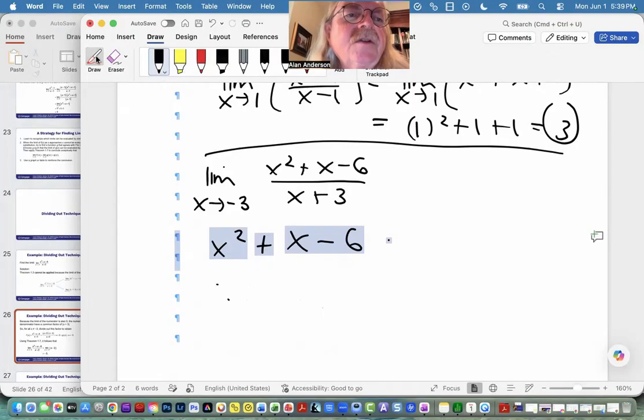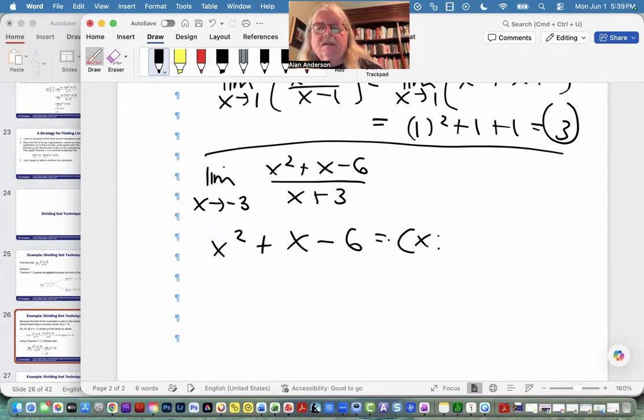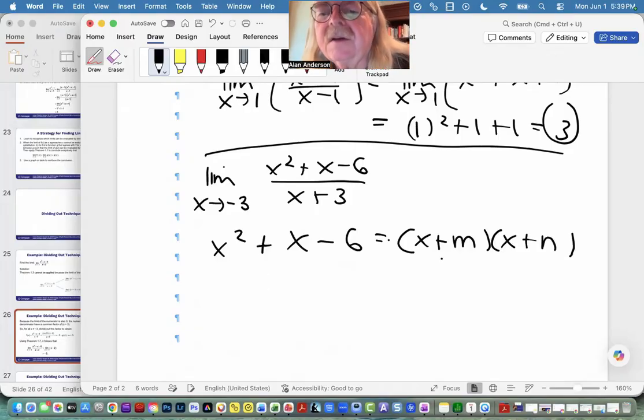So how do you factor this? All right, well, just in the most general terms, here's what you're trying to do. You're trying to break it up into two binomial terms, which we could write as x plus m and x plus n. We don't know what those two are, but what we do know is that if we multiply these out with FOIL,